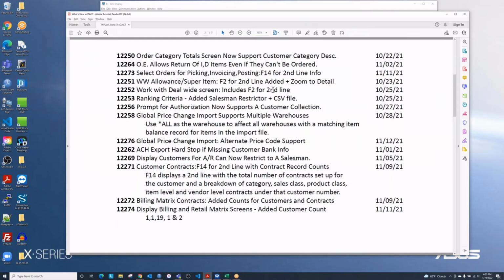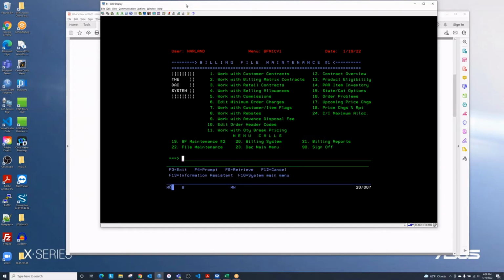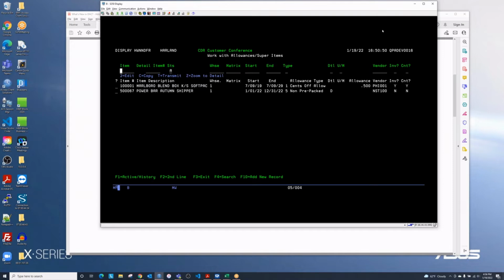Work with allowances. The super items, you can now press F2 for secondary line for that and zoom to detail. So let's look at that. If I take option 20 to go to billing file maintenance, and I take option 4, work with selling allowances, and for something that has details inside of it, any type of super item of that nature,